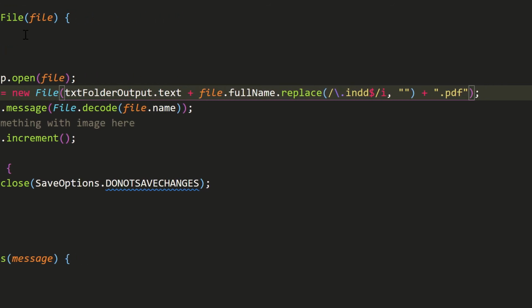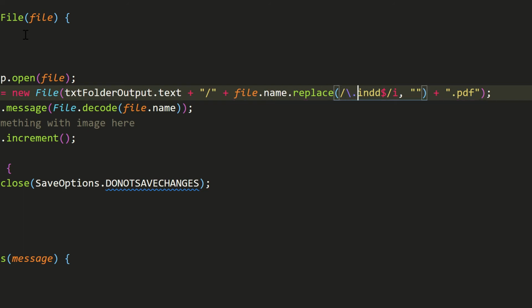Then the path separator. And just so you know, ExtendScript uses / for path separators, whether on Mac or Windows. Next, add the current file's name only, not with path, which is the property name instead of fullName.